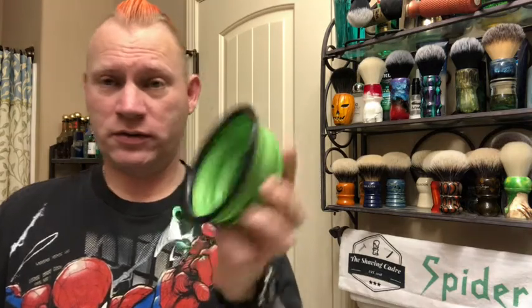This could be a little travel cup. I know they make specific travel cups just like this for camping and whatnot that do collapse, so they're easy to store. You could easily use this as a cereal bowl or a soup bowl or just a drinking cup. I'm sure if it's suitable for dogs, it's suitable for humans too, whatever. So we are going to do that, and